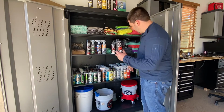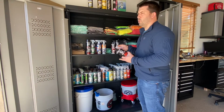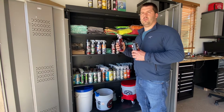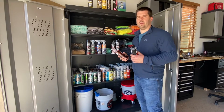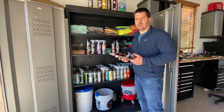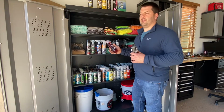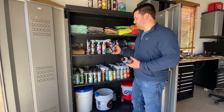This, I will say, is a really good product for one particular problem that I had in the past. So we had a BMW, like a 2017 BMW, and all of the window moldings and the rubber moldings on the car turn to crap. They get this white, waxy coating on them, and they just look like crap. So I went to Chemical Guys and I told somebody that I was trying to solve this problem, and they said, well, I'd get this wax and oil remover,